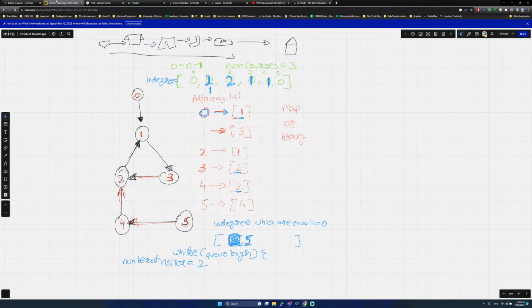So if we check the 5 node dependency, then 4 is there. So we reduce the in degree of this, so it becomes 0. As soon as it becomes 0, we have to add that 4 here into the queue, and this is gone. So once we add 4, we have to again pop, and then once we shift this, this becomes 3,